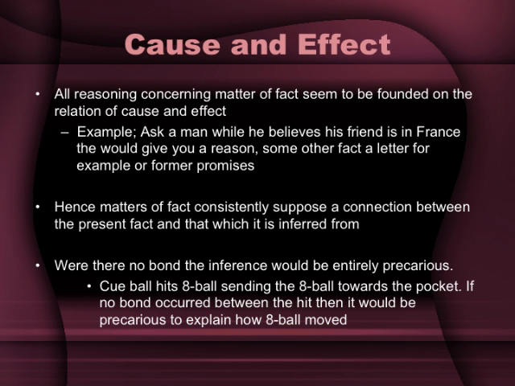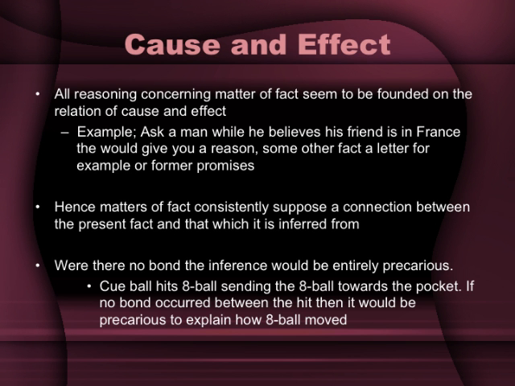Hume therefore concludes that all of our knowledge of cause and effect must be based on experience, from observed phenomena in the past from which we infer as yet unobservable phenomena in the future. I believe the 8-ball is going to be moved when it's struck by the cue ball, because I've seen it done 1,000 times in the past. If the cue ball hits the 8-ball and the 8-ball does this left-handed spin English that does a U-turn, well then, that's a whole other effect to the cause.